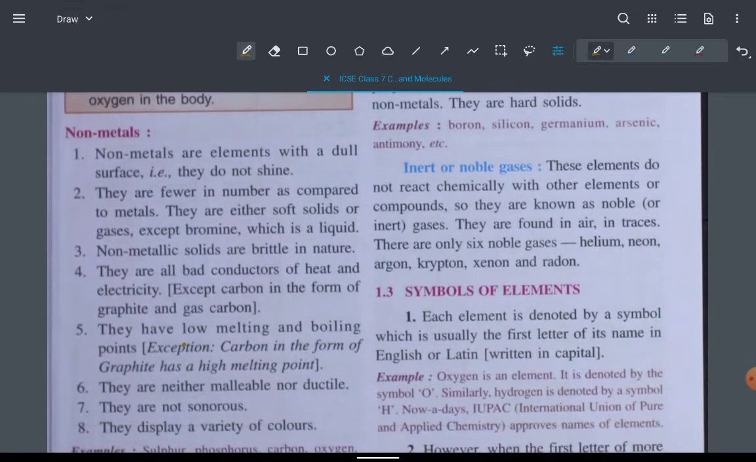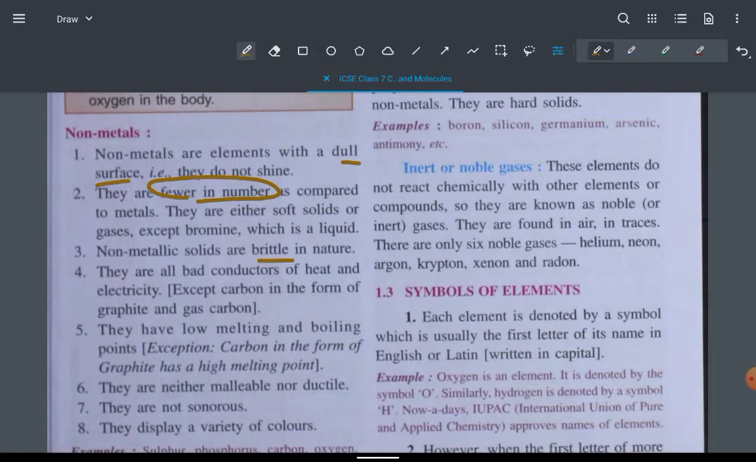অলরাইট, নাও লেট আস গো টু নন মেটালস। নন মেটালস আর এলিমেন্টস যেগুলো মেটালস নয়, বেশিরভাগ যেগুলো মেটাল নয় সেগুলো নন মেটাল হয়, আর কয়েকটা মেটালয়েডস হয়। নন মেটালস আর এলিমেন্টস উইথ আ ডাল সারফেস। মেটালকে দেখে আমরা বুঝতে পারবো ইফ দে শাইন, বাট ইফ দে ডু নট শাইন দেন দে আর নন মেটালস, and they are fewer in numbers. We just saw that the metals are the most common. So যেগুলো কমন নয় মানে কম প্রেজেন্ট আছে সেগুলো নন মেটালস। ব্রিটেল ইন নেচার, ব্রিটেল মানে কি ভেঙে যায় ইজিলি।